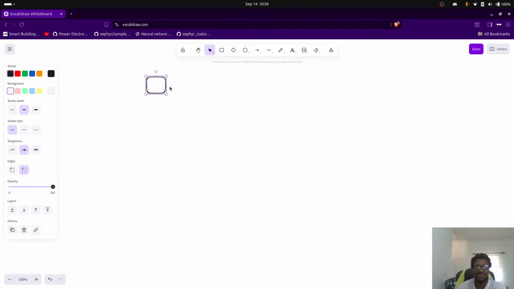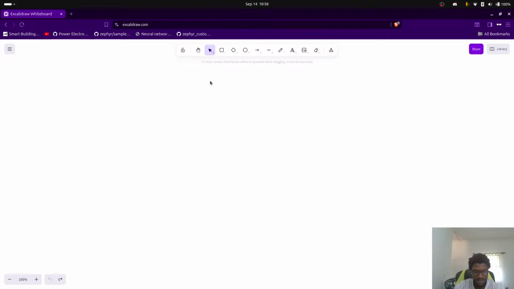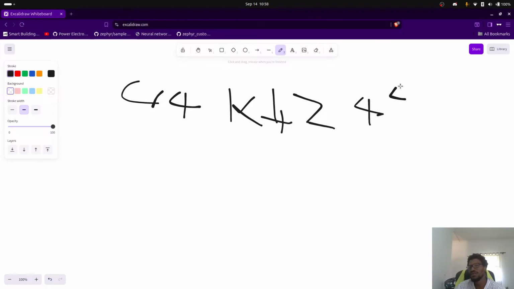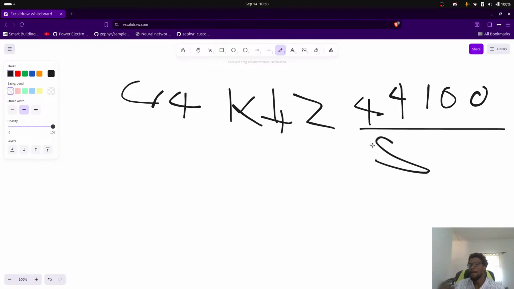We're doing 44 kilohertz. So what does that mean? We're recording 44,100 samples per second. Okay? But we don't want 44,100 samples because we don't want a full second of audio. We actually want